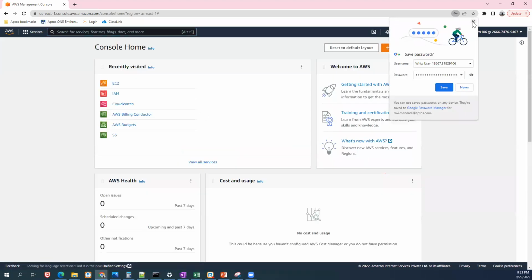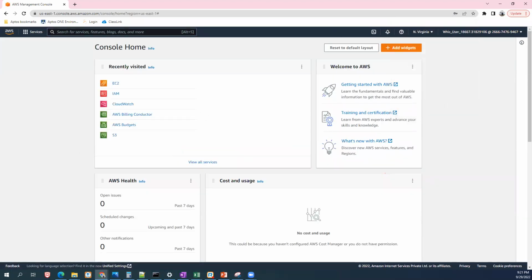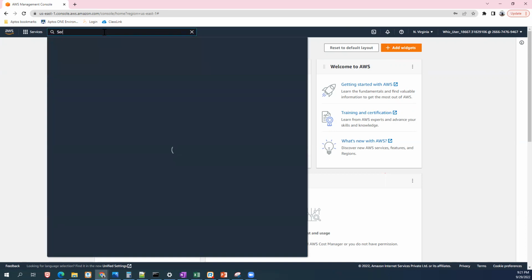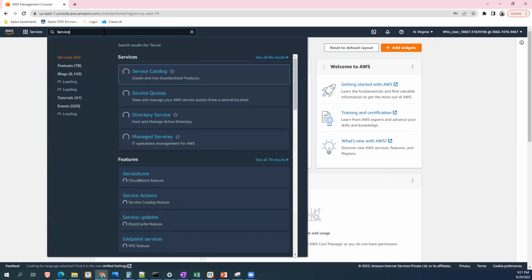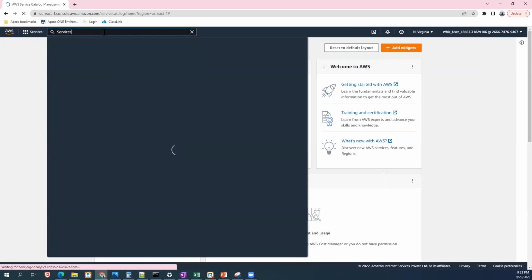So this is the AWS console view. I'm not talking about the CLI, command line interface, and SDK, software development kit, at this point. Okay. Now we log in here. Now we are going to create an S3 bucket. Okay, now I'm in the AWS console. The first thing I told you last time: we can navigate very easily. We can type a service name, and then it will take us to that service.